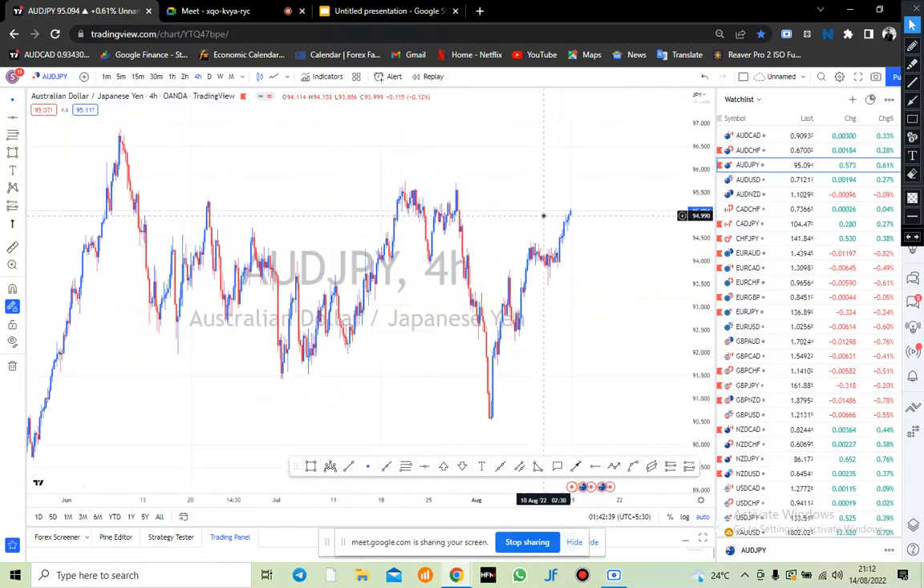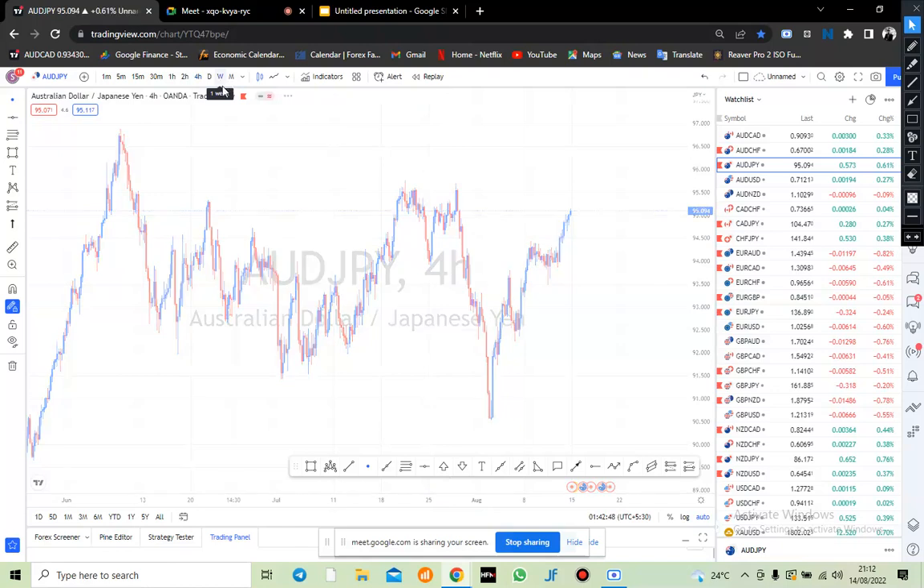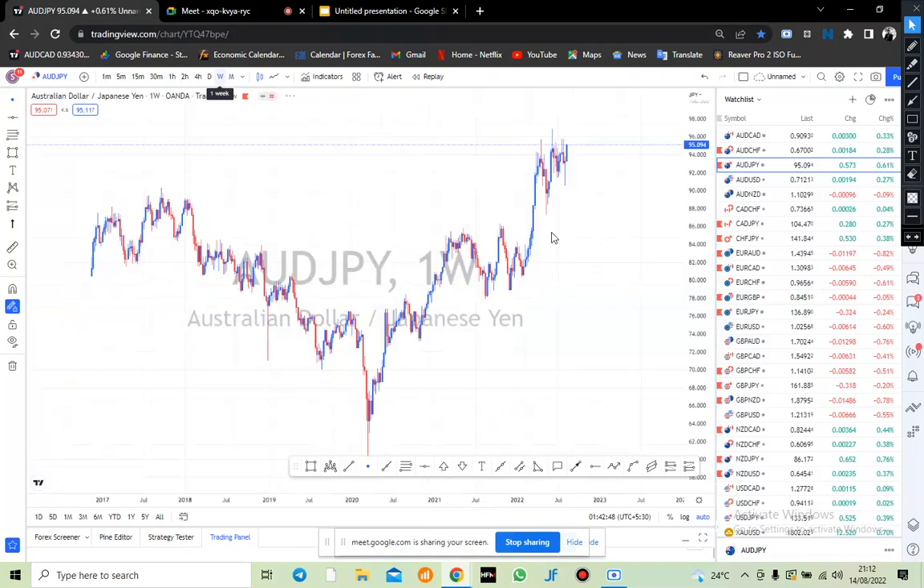Okay, guys, so now this is AUDJPY. I'm going to show you, let's start with the analysis on AUDJPY. First things first, I'll switch to daily time frame. On daily time frame, what I can see is that